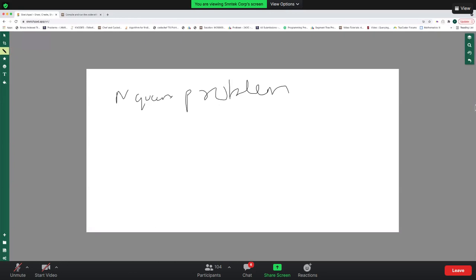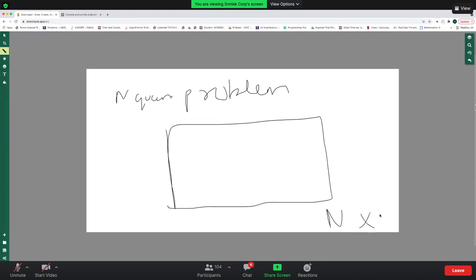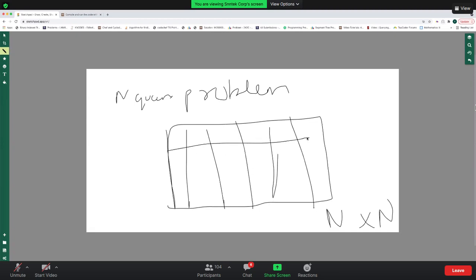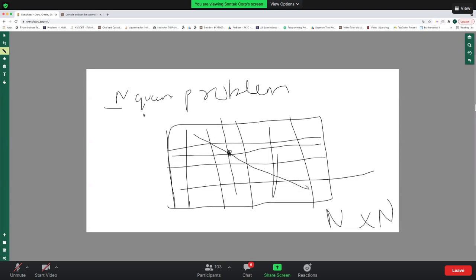Okay, yeah. So I am hoping that you all might know chess. You have played chess before. So the N-Queens problem says that let's say you have a chessboard with n cross n cells. So this is my chessboard and these are n cross n cells. You have to place n queens in this chessboard such that no queen can attack another. So let's say if I'm placing a queen here, I can't place a queen on this diagonal, in this row, and this column. So I have to place these n queens.